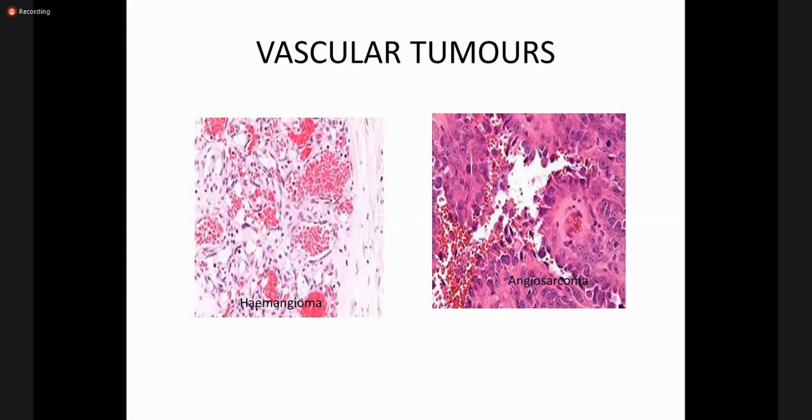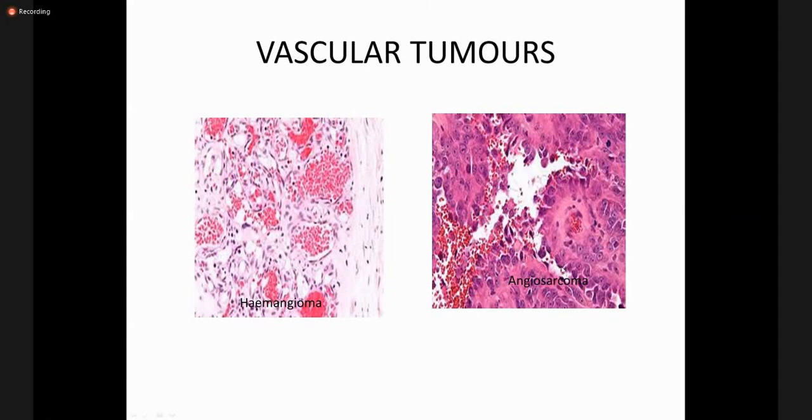Then the malignant counterpart of the vascular tumor is the angiosarcoma. It is a rare multicentric tumor of the bone. One third are multifocal, and they affect the long tubular bones, but any bone may be affected. On gross description, they are red and hemorrhagic. On microscopy, they have obvious atypia of the nuclei.